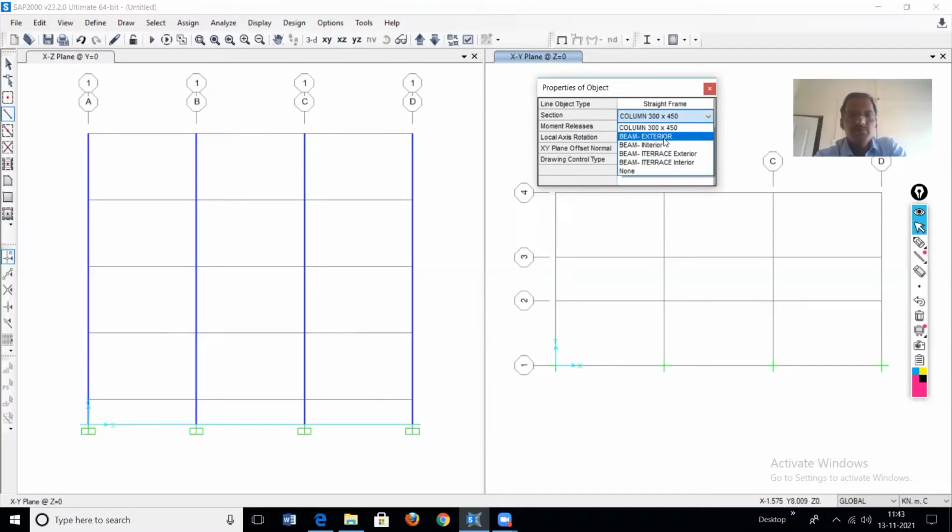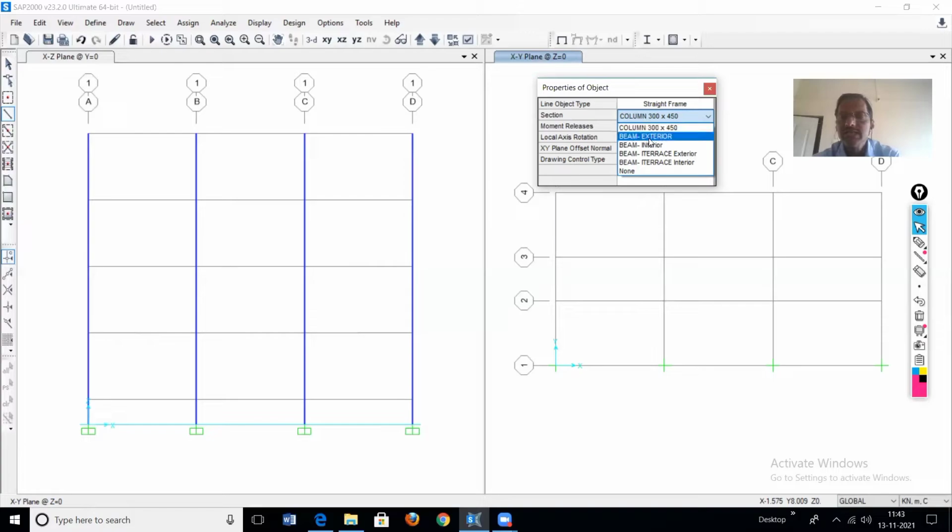Now first of all, what are these beams? This is a beam at the plinth level, we are calling this a plinth beam, right? On the plinth beam there is no slab. Slab is here, so the floor is here. Just for bracing purpose we are providing the beam at the plinth level.